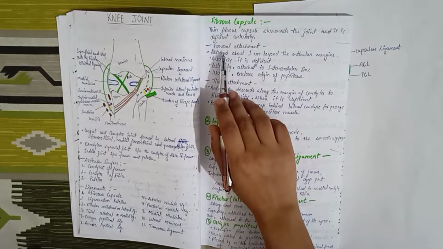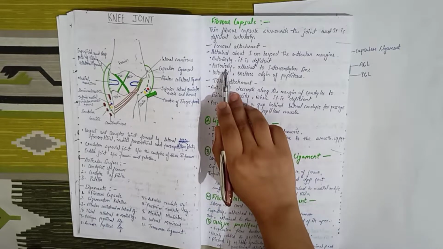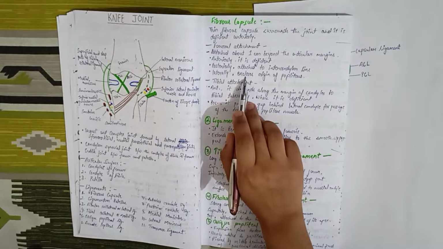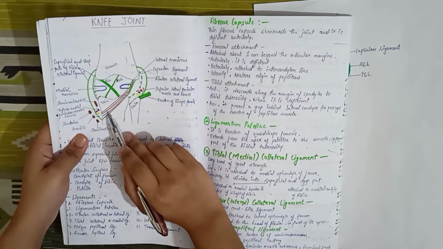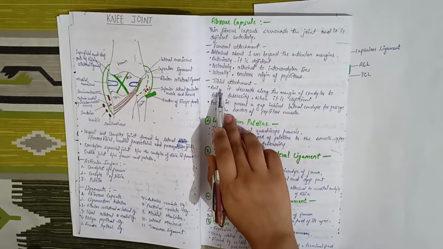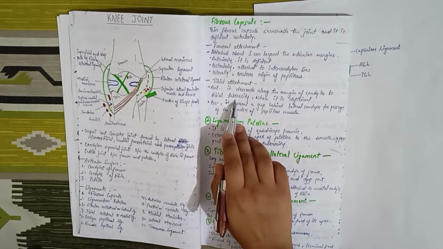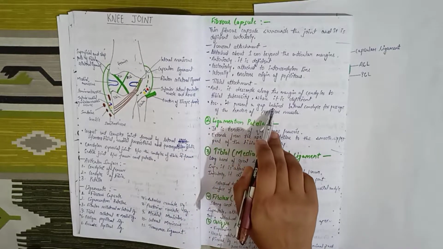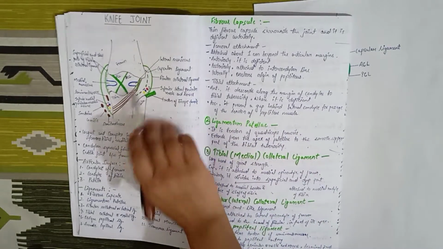This ligament is attached to the femur. Anteriorly it is deficient, posteriorly it is attached to the intercondylar line. Laterally it encloses the origin of popliteus. We can see here that this is the origin of the popliteus muscle and it is enclosed by the capsular ligament. On the tibia, anteriorly it descends along the margin of the condyles to the tibial tuberosity where it is deficient. Posteriorly it presents a gap behind the lateral condyle for passage of the tendon of the popliteus muscle.